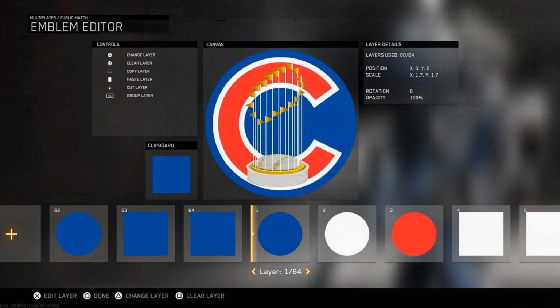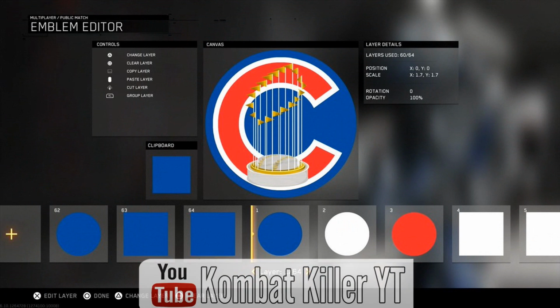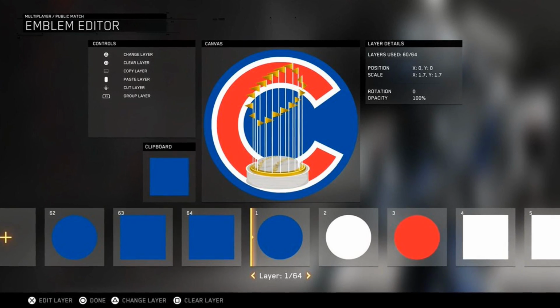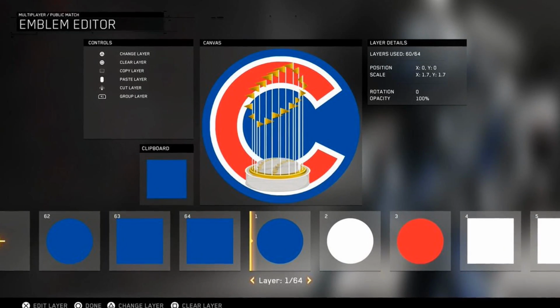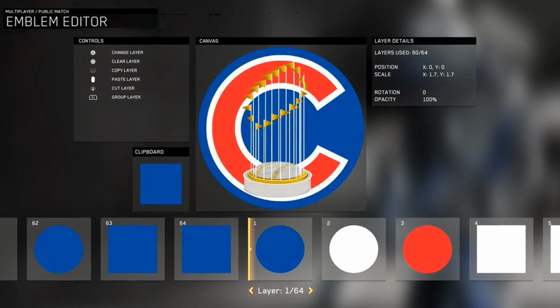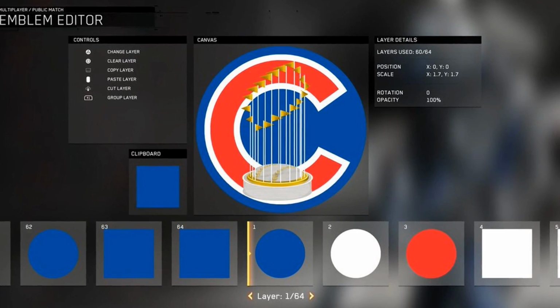Coming in at number 3 this week, we've got one by Combat Killer YT on YouTube, and he is very clearly a fan of the Chicago Cubs, because if you didn't already know, the Chicago Cubs won the World Series of Baseball this year, and when you win the World Series, you get the trophy that you see here, the Commissioner's Trophy. The amount of detail in the trophy is really what impresses me